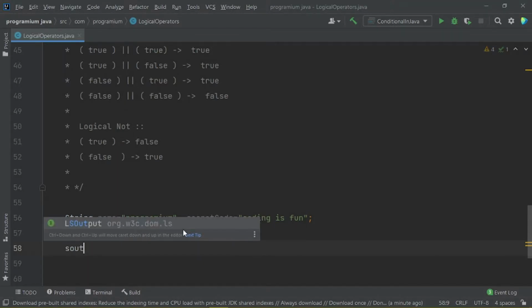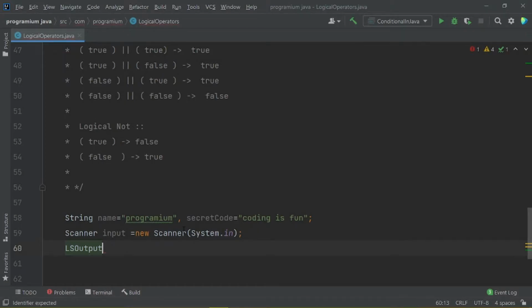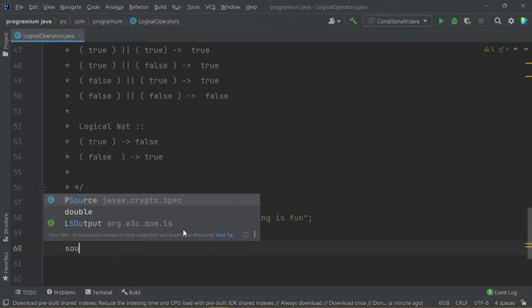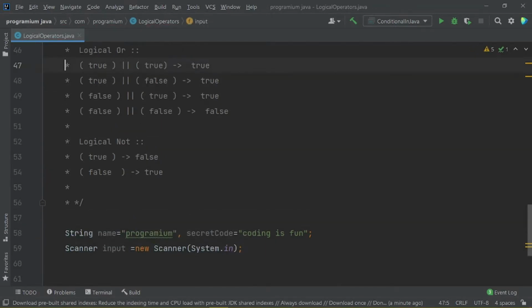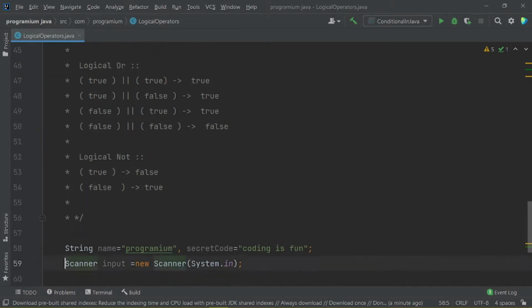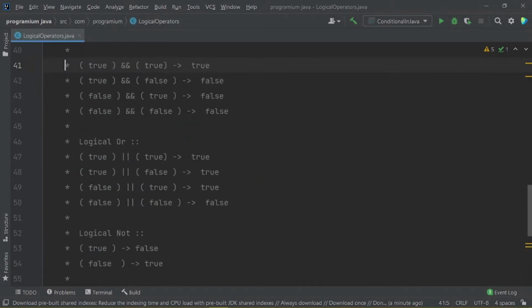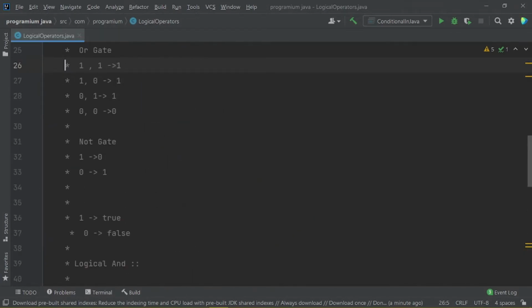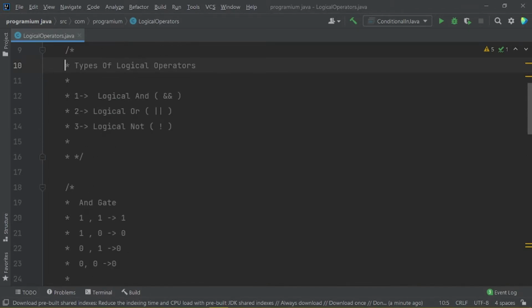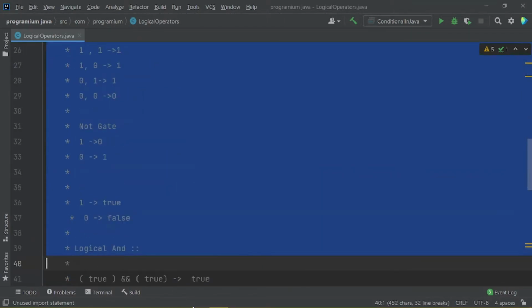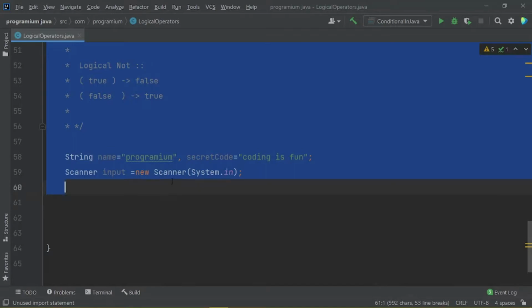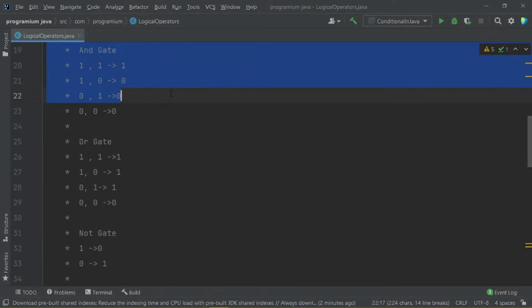So let me put a sout here, and where is this sout here? Why guys, I'm not seeing sout here. Let us see or find what is the error right now. Guys, we forgot to put these things in our main method, and we didn't use our main method here.